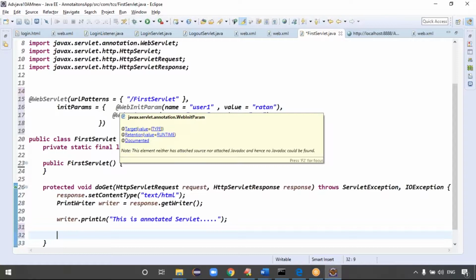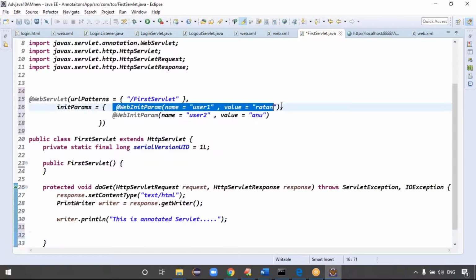We take the WebInitParam under the WebServlet only. Initialization parameters are there. Where are the init param tag values stored? In which object are those values stored? That's the question. WebInitParam is to declare the parameter name and parameter value for declaration purposes.